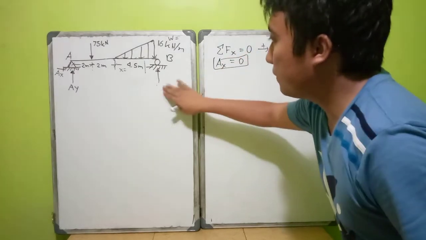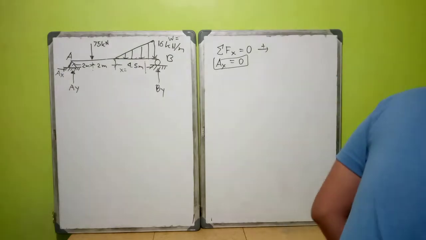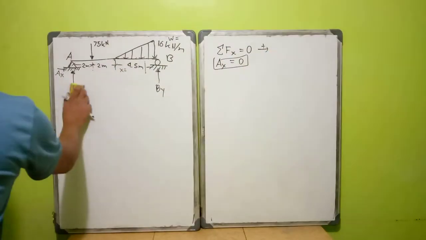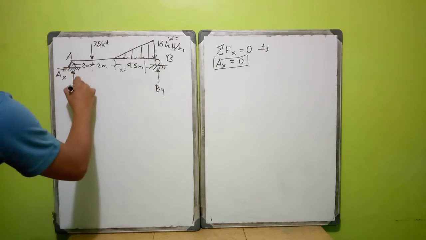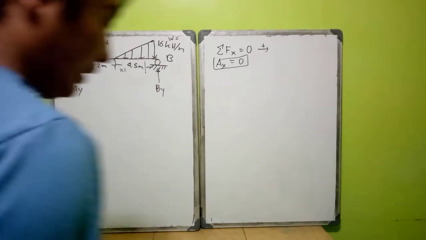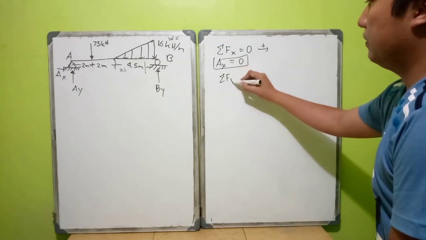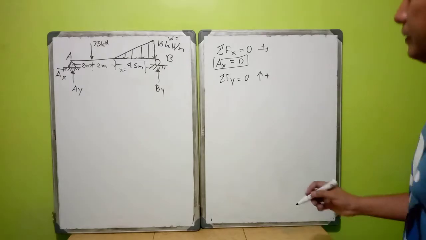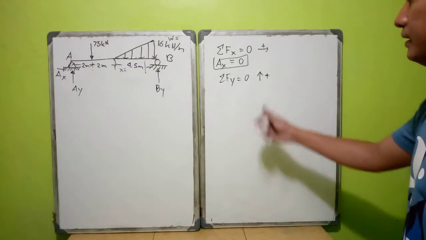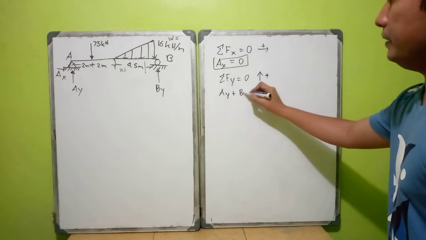Okay? So I will make it clear. Ax, Ay. And then, next, we sum up forces along the y-axis equal to 0. So, let us say upward as positive. It's just an initial assumption. So, Ay plus By